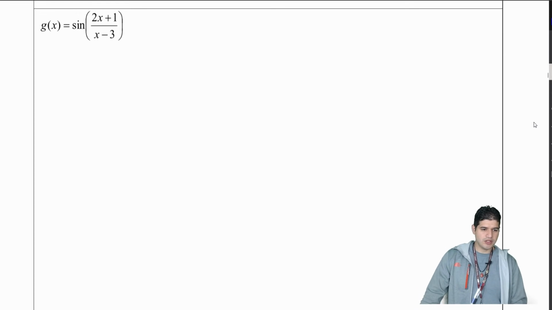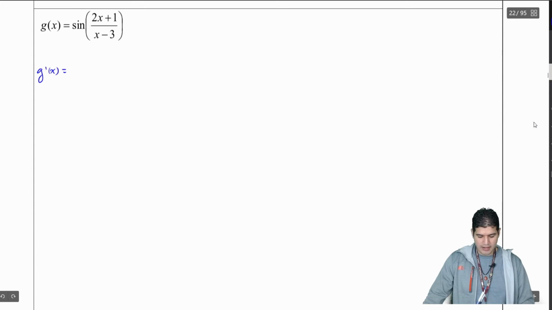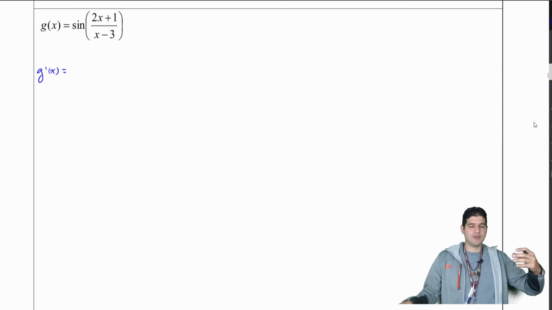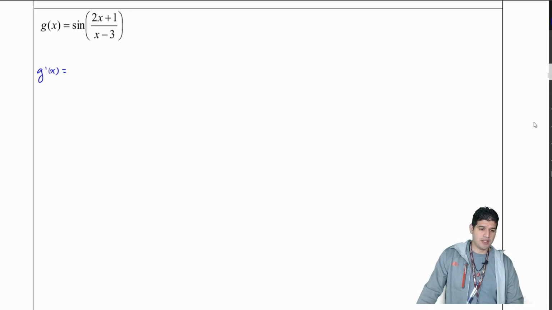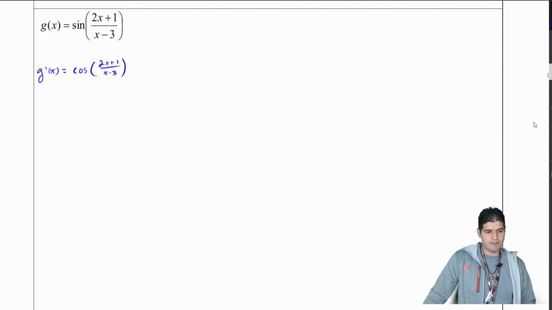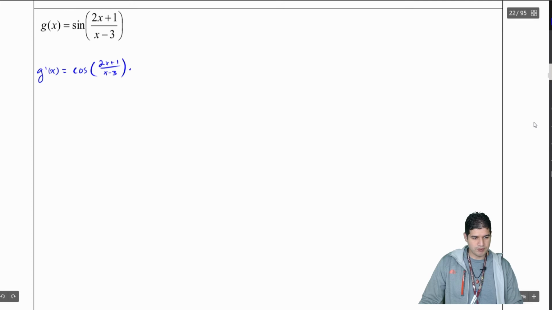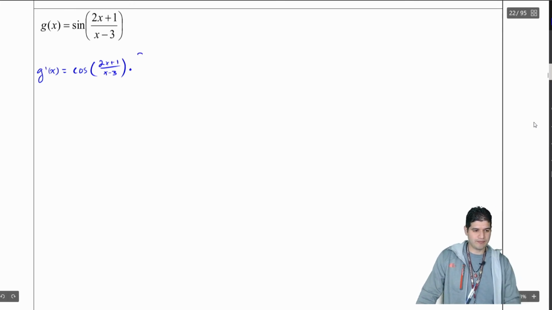So right here, we're going to do our derivatives, so g prime of x. And what I have here is a chain rule, so one function inside of another function. I'm going to take the derivative of the outer function, which is just sine. So that's going to be cosine. And I'm going to hold on to the inner, so 2x plus 1 over x minus 3. Now I want to take the derivative of the inner part. And this is where things get interesting, because I'm going to multiply by that derivative, and I'm going to need a quotient rule. So I'm going to multiply here by x minus 3